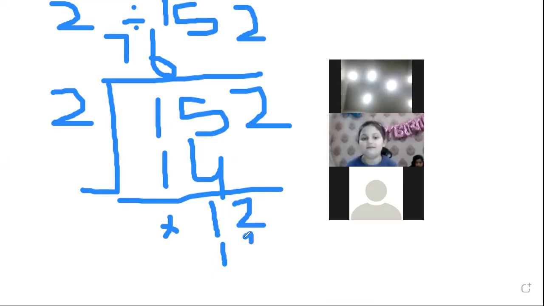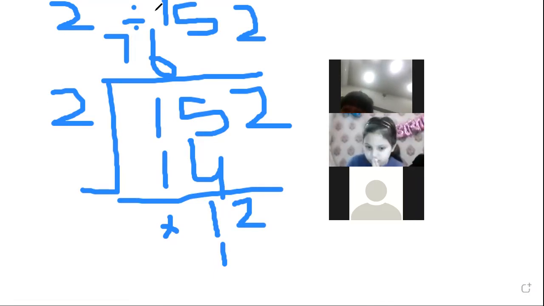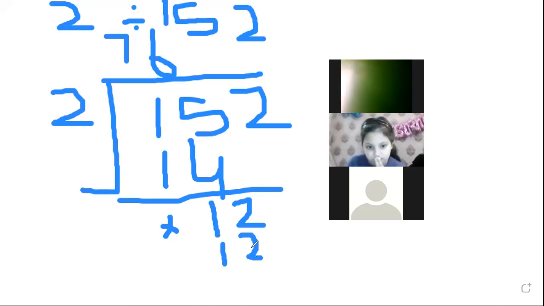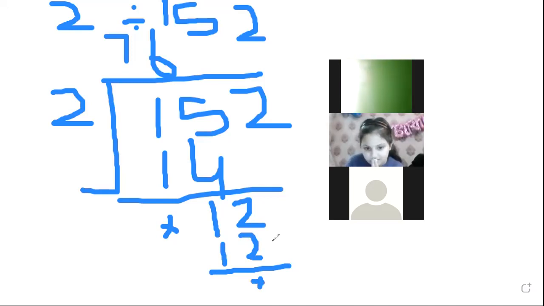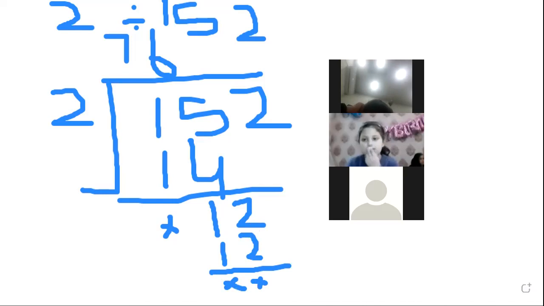So it's now 12 and 2 sixes are 12. And at the end, we will do subtraction. 2 minus 2 is 0. 1 minus 1 is 0. 15 is not present in the table of 2. 14 is present. So we have to find a number which is less than 15 and it's 14. 2 sevens are 14 and then we will take down the 2. 2 sixes are 12.